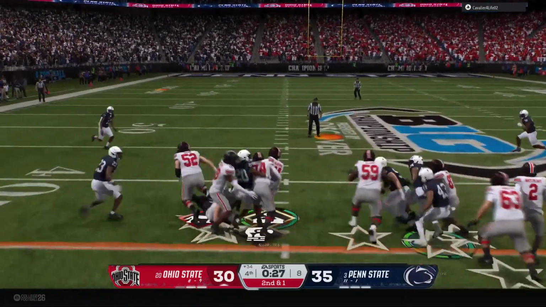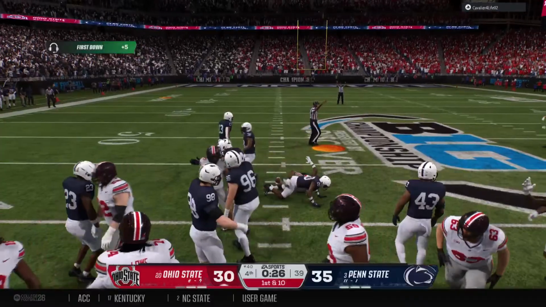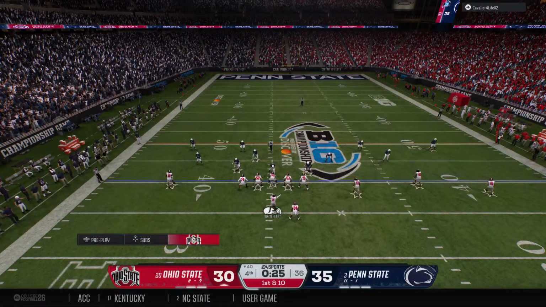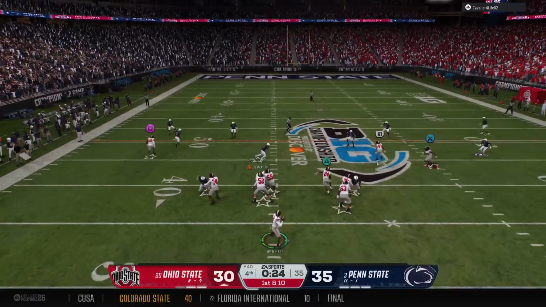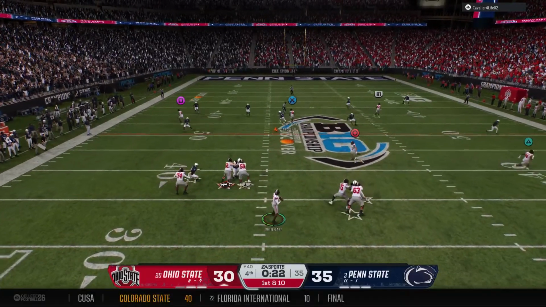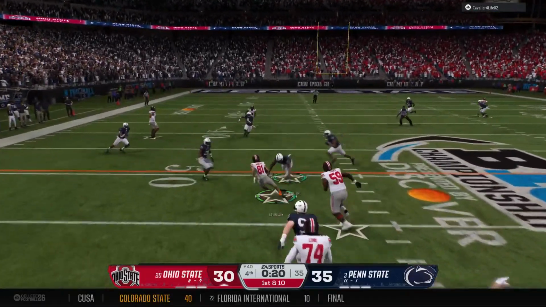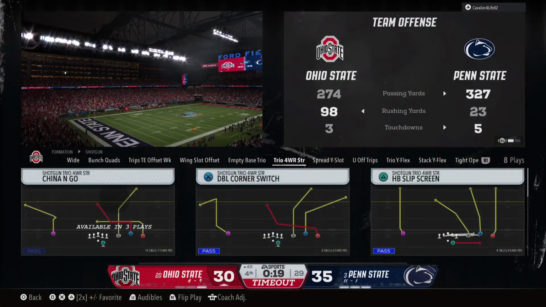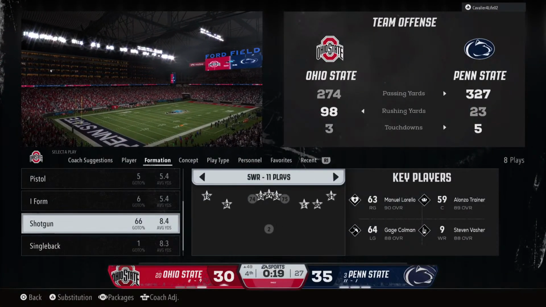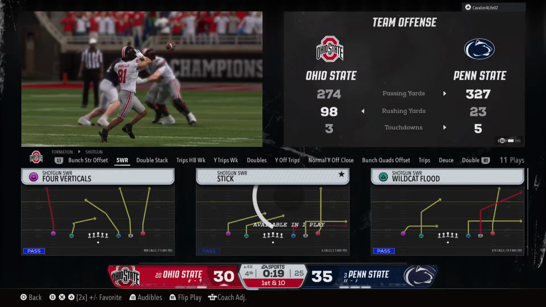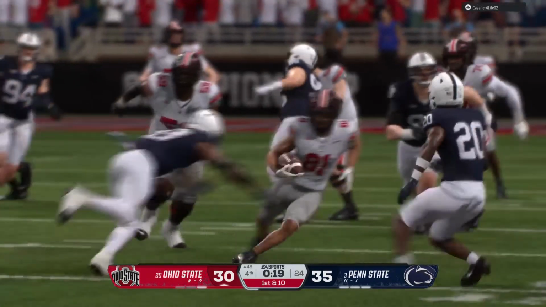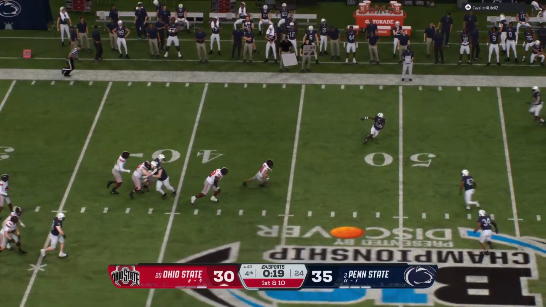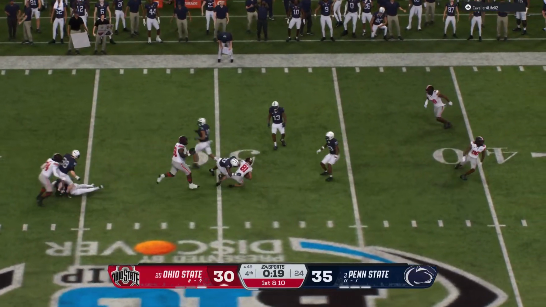Direct snap. Good enough for a fresh set of downs. They'll spot the ball at the 40. The conference championship is at stake. Can the offense step up here in the final minutes? The receiver makes the catch. Takes it down, but not before he makes the first down. Now timeout taken by the offense with 19 seconds remaining. Well, you can tell the quarterback knew exactly what he wanted to do with the football. He was going to that in route no matter what. He hits it for a nice gain.